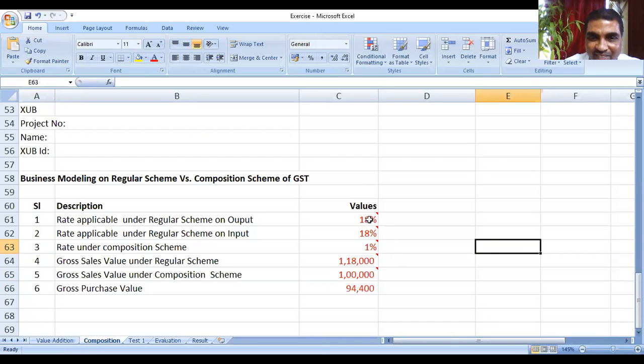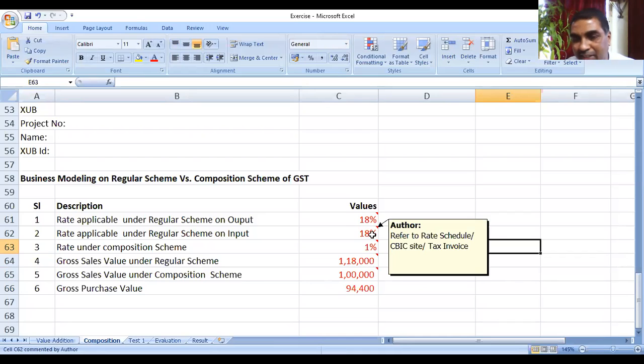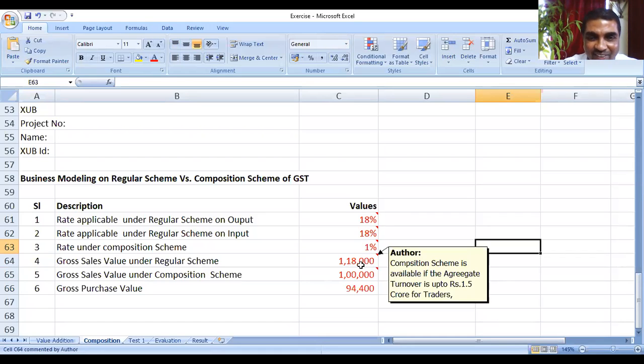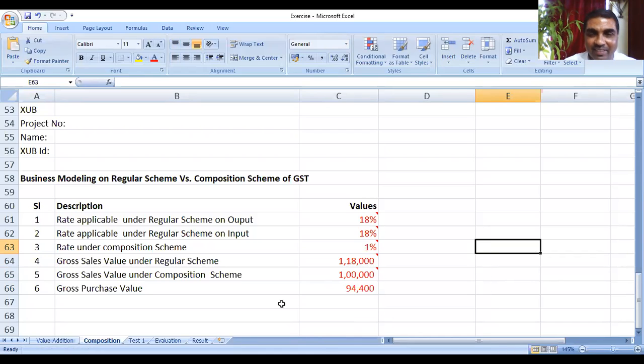Why are you writing a comment? Because when you are filling a particular data, one should know that these rates are available in this schedule, or in an invoice. You should know what the rate is. One should know whether the scheme is applicable or not. So we are using the knowledge that we have gathered so far in this project. So gross purchase value, we have written like this from the previous example. Now what we will do,